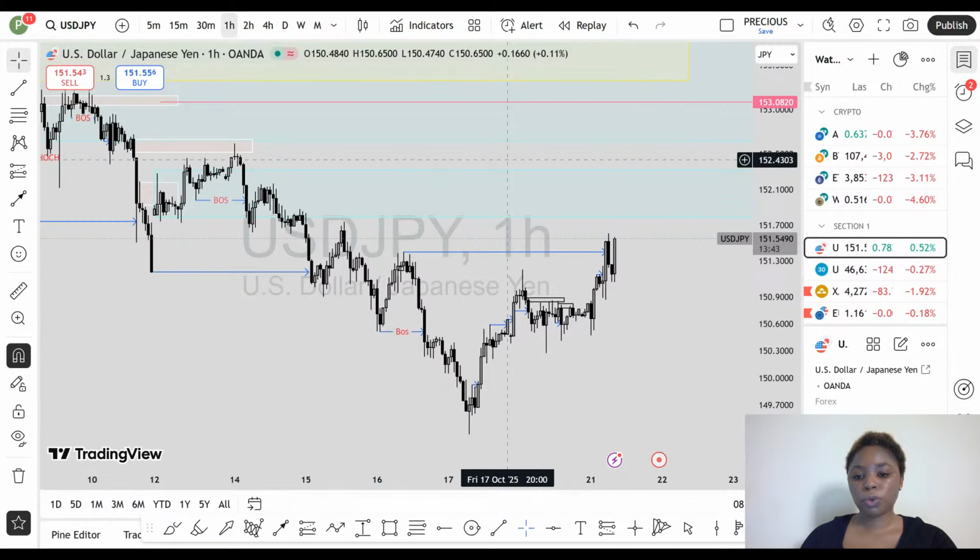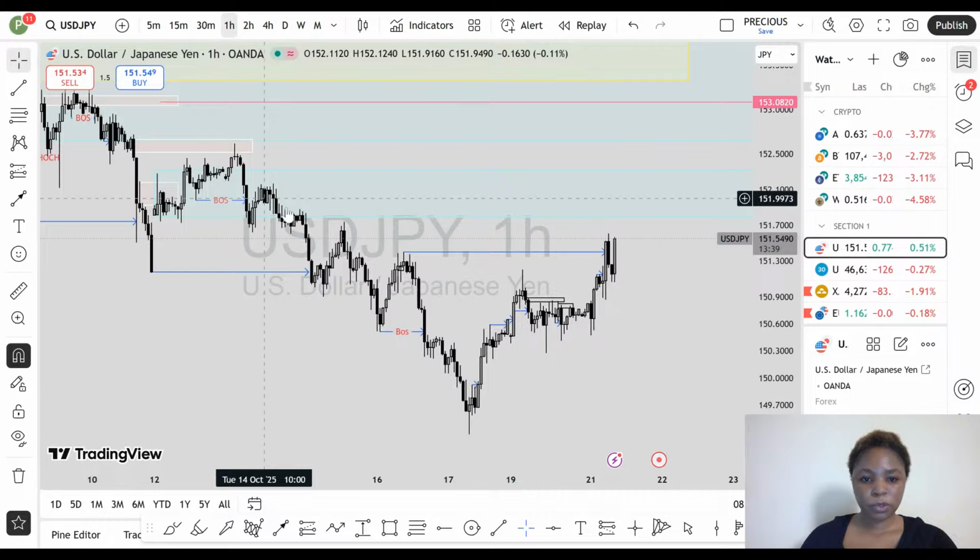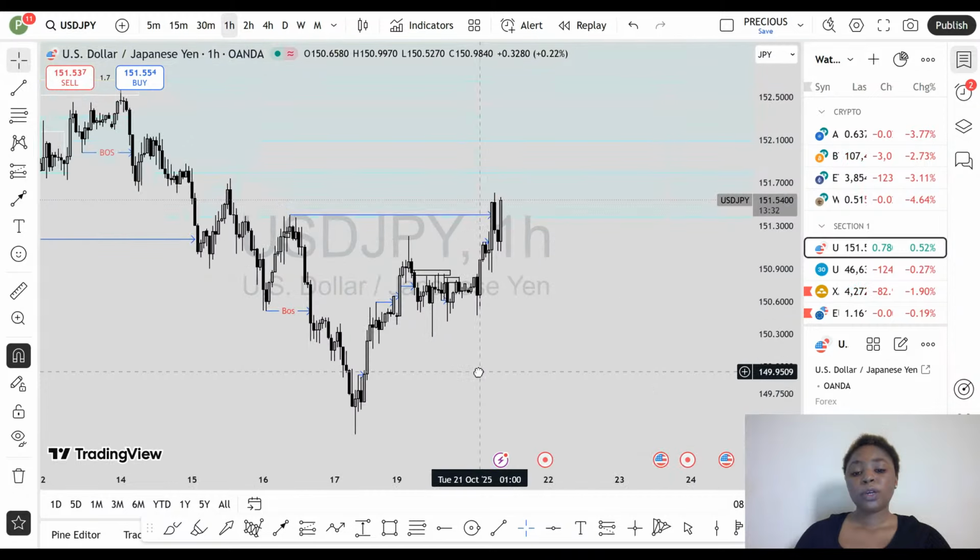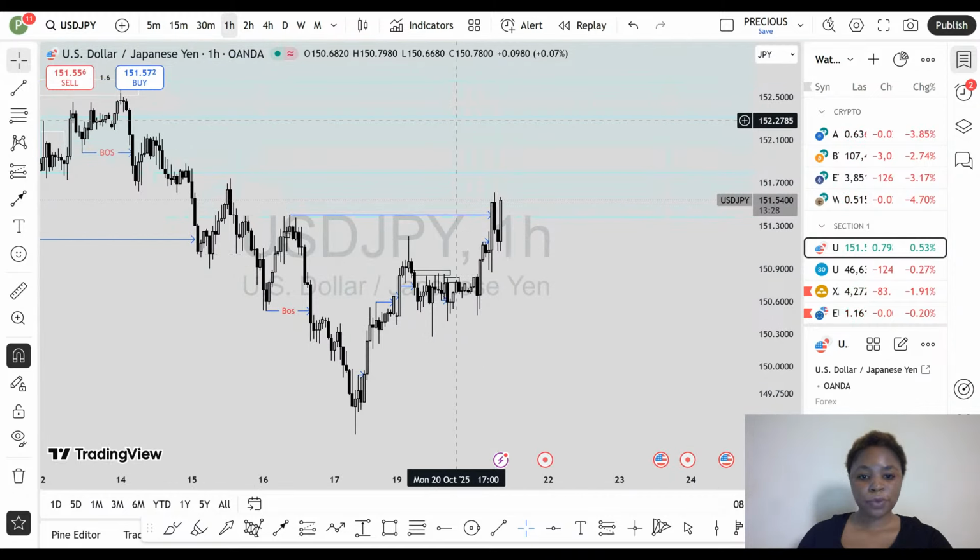So now we are waiting to sell from this level. So we can just patiently wait to get a clear confirmation from this level so we can sell. Hope you guys are taking note of the trade idea. So when we sell from here, we have